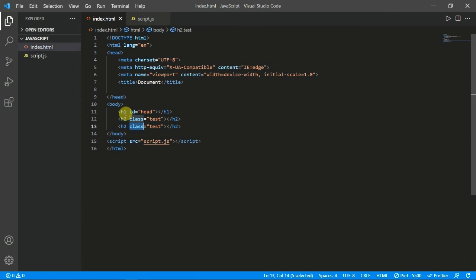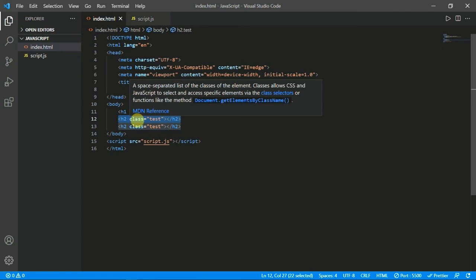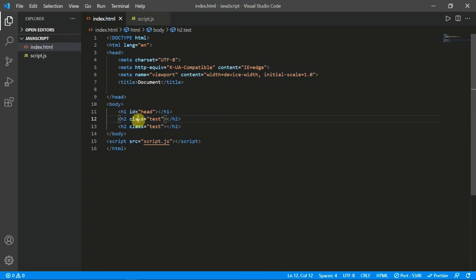So obviously it will work one by one. We can say the first header with class test will be in array form test 0, and this one we can access using test 1.